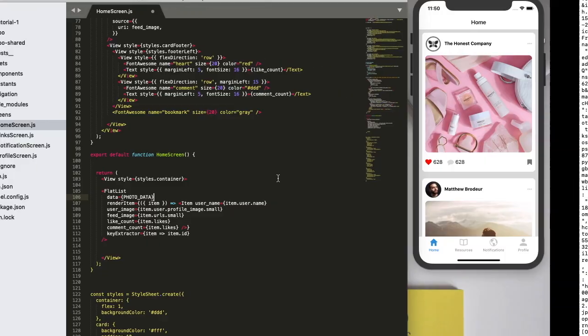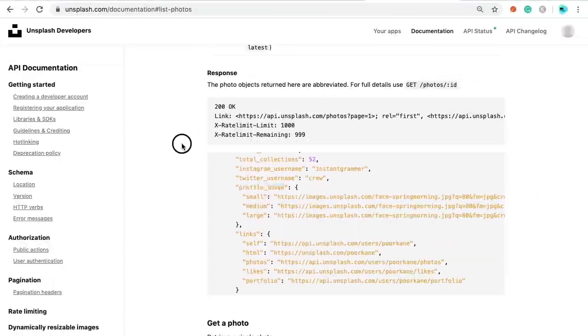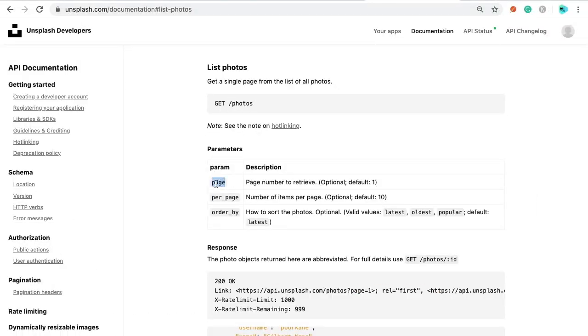The way we are fetching the images, this parameter page equal to 1, it is the first page we are fetching. Per page by default it is 10 images. We can change the number of images we need to fetch from a single page. We can order it by latest, oldest and popular photos. We can try this.